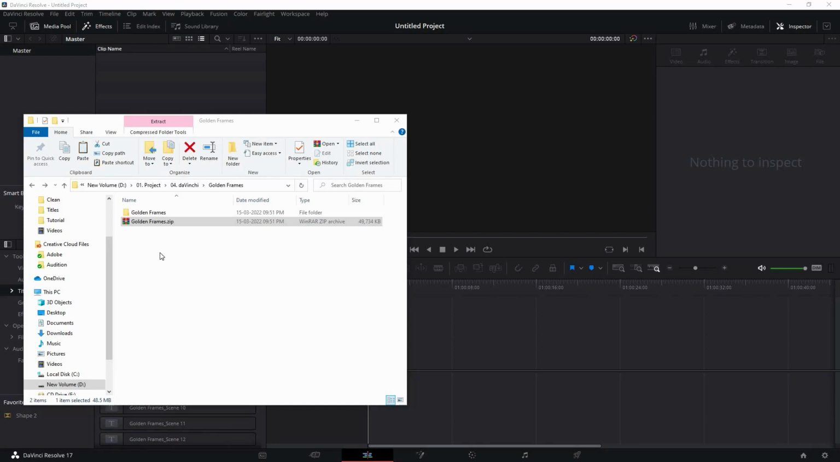So let's see how to use this golden frames template for DaVinci Resolve. Once you download this template, you should get this zip file. Now just unzip the zip file and you will get this folder over here. If you open up this folder, you will find these subfolders inside it. Now this is the project file which you need to install in DaVinci Resolve, which I will show you in